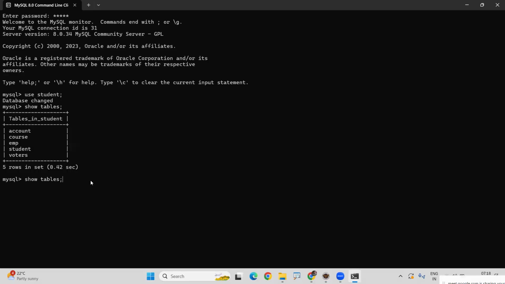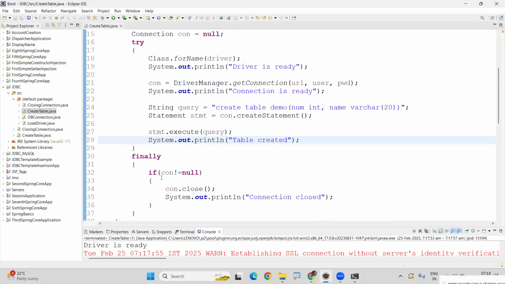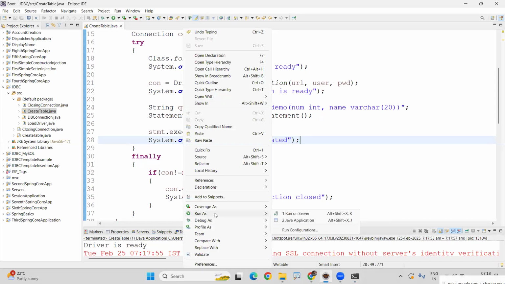If you check how many tables are present now, look at this, the demo table is created. Sir, once again, if I try to create the table, you will get an exception: table already exists. If you run the same program once again,